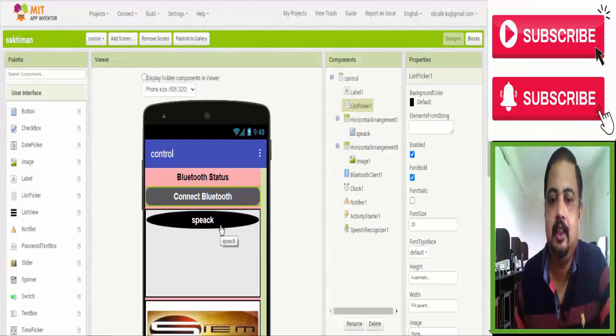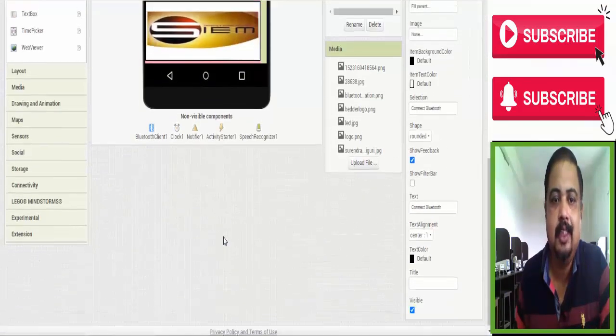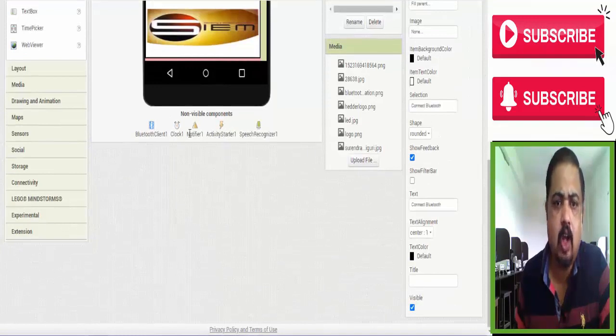And something I have to show, there are some elements: Bluetooth client, clock, notifier, activity starter, speech recognizer. Those items are not displayed in your app, they are hidden items.